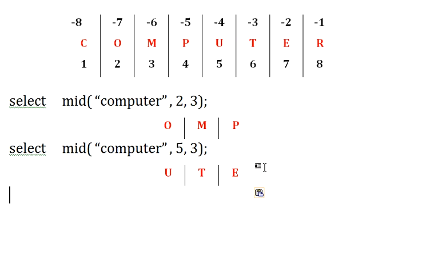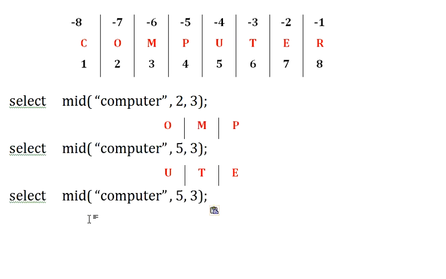Got it? Now suppose the second index position is negative, like here I am giving it as -5. So this is how to give. Only the second argument of your function can be a negative value. Other than that, no other parameter can be negative. Simple logic. Only the position you can change, either in a positive way or a negative way, but the number of characters cannot be negative, so it should always be positive.